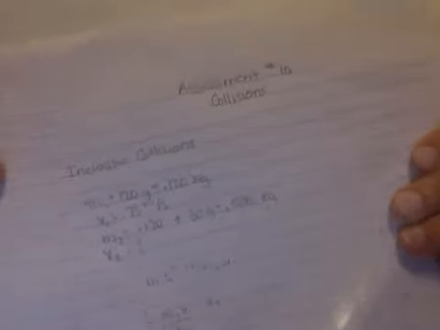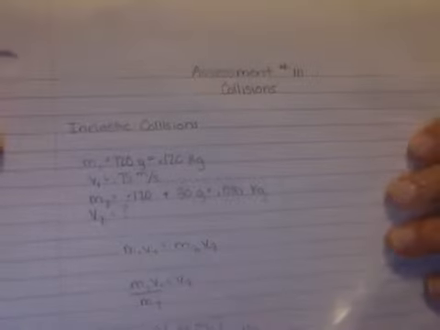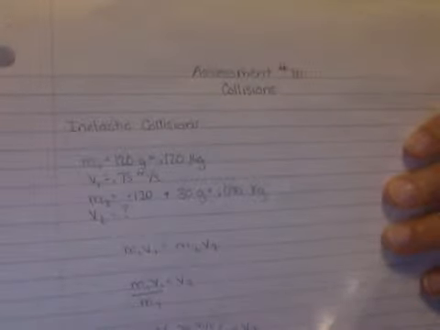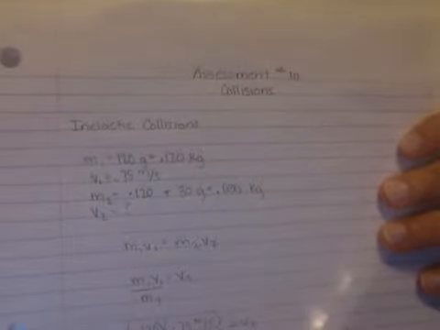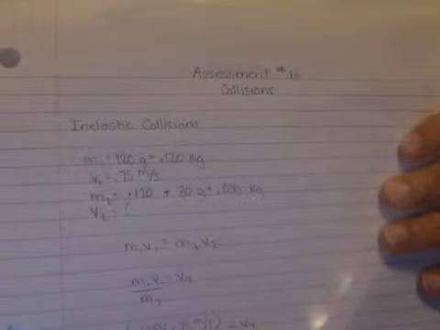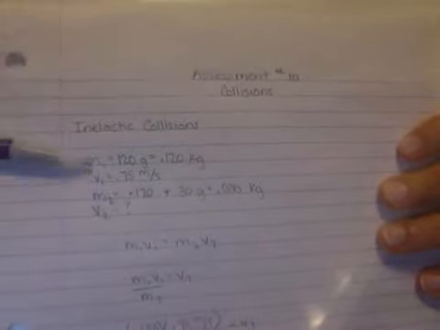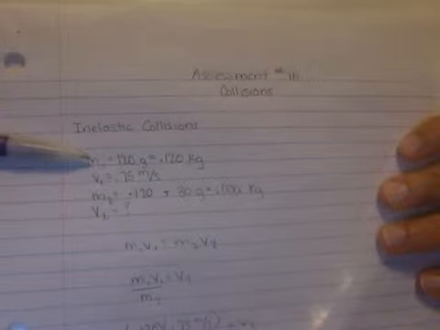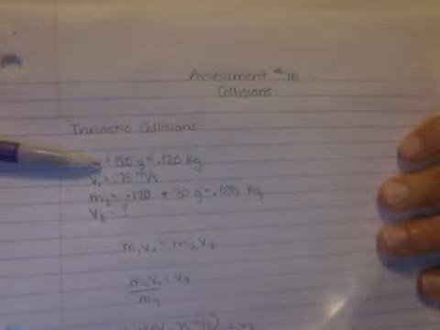Okay, this is kind of a continuation of my assessment for number 10. What I did, the first one was an elastic collision, and this one is an inelastic collision. So what we have is a car with a mass of 120 grams, which is 0.1 kilograms,